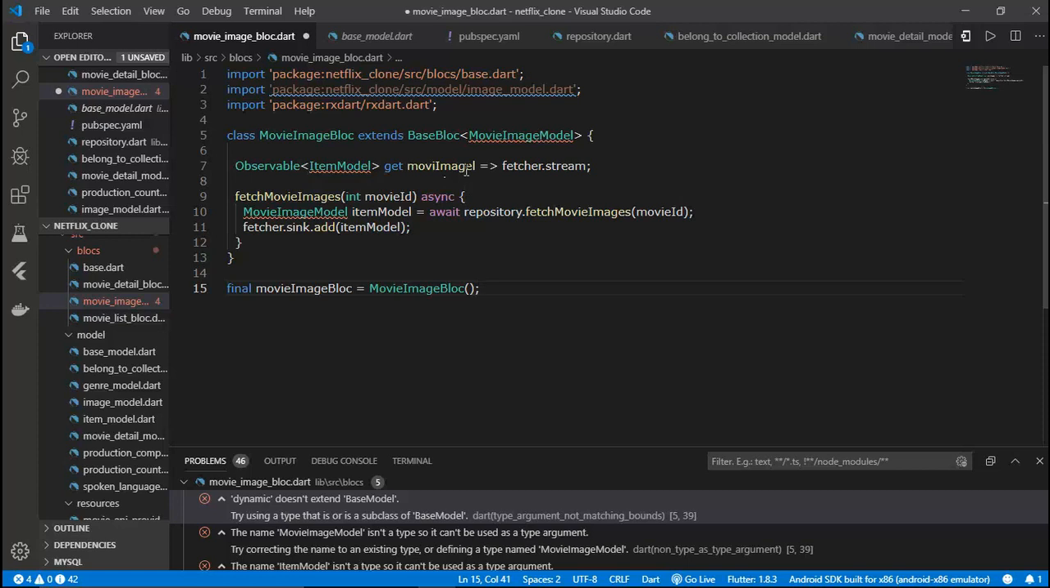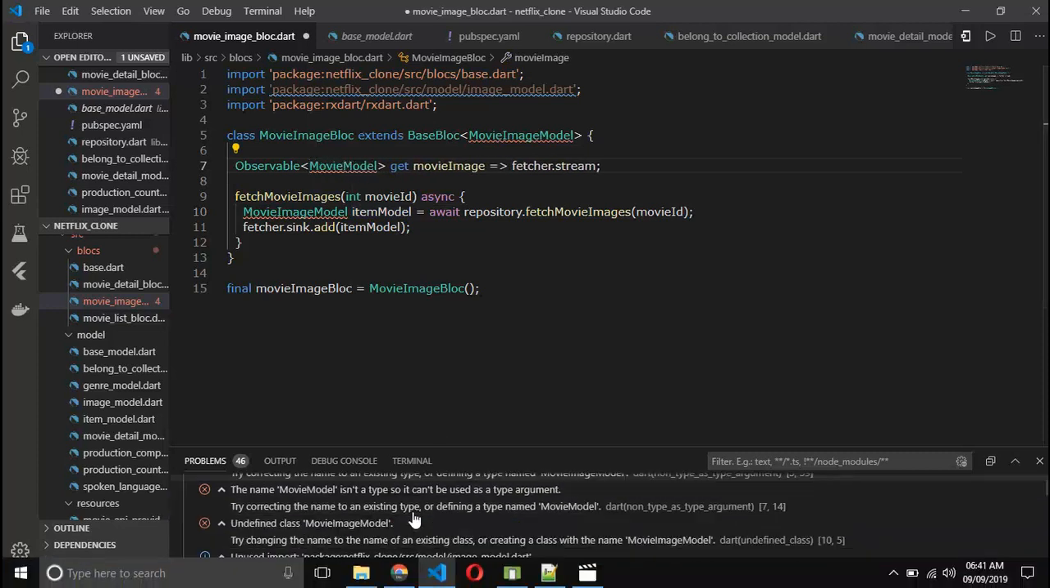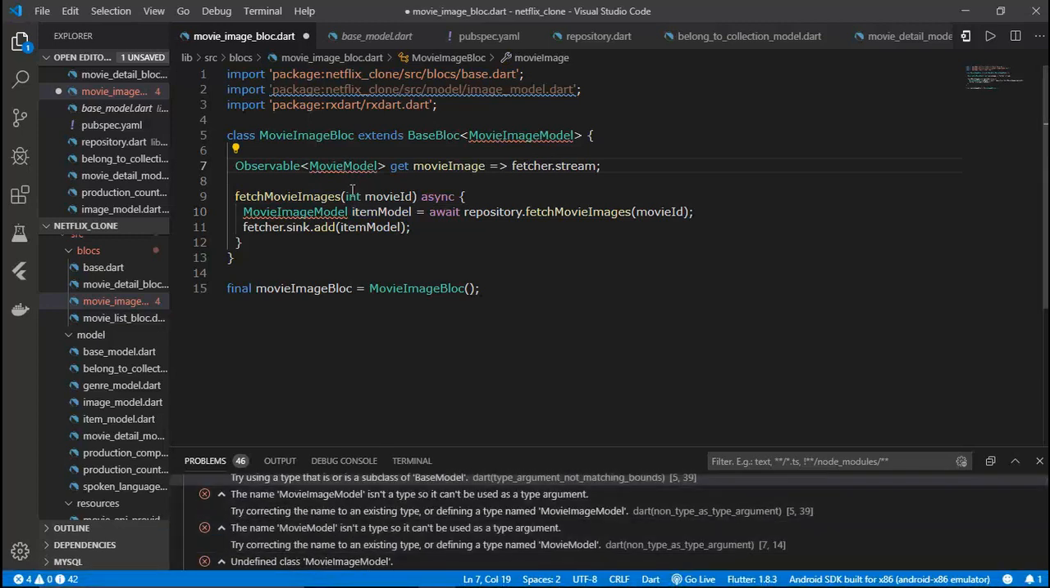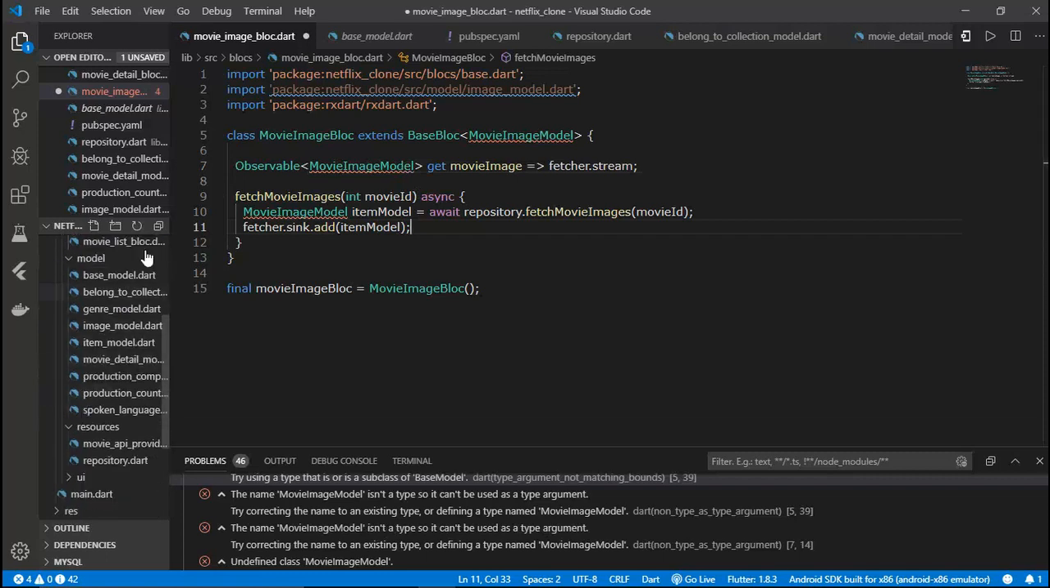So guys, let us correct this one, and after that fetch movie images, yes, and I will also correct this one. This one is also images, and actually guys, there is some error showing out here, which is telling that we don't have the movie image model. So I think I forgot to create the class of the movie image model, so I'll just create it again